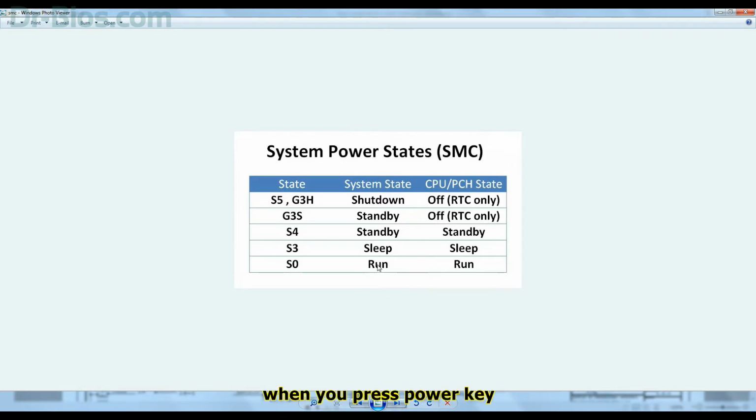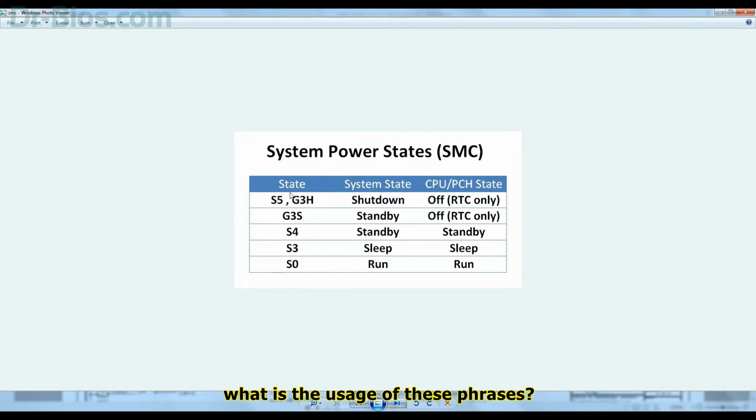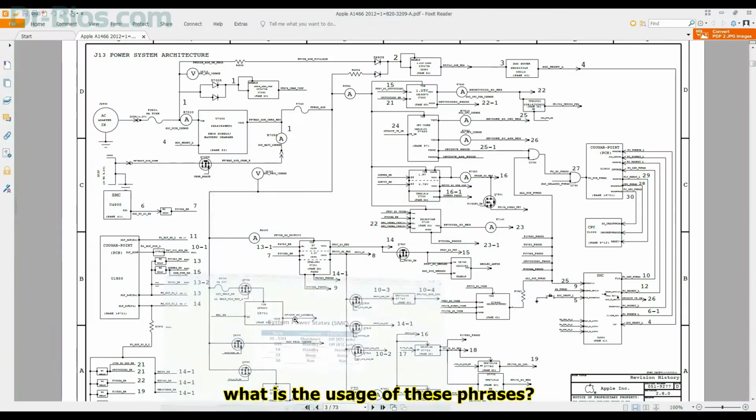When you press the power key while a device is shut down, these states start changing towards S0. At first, the device is in S5 or G3H state, and then they start changing towards S0. What is the usage of these phrases? As you see, the usage is that